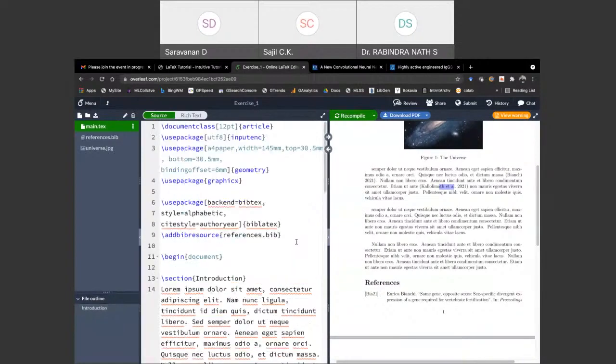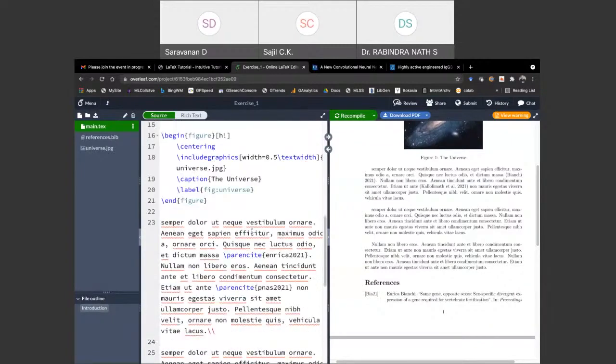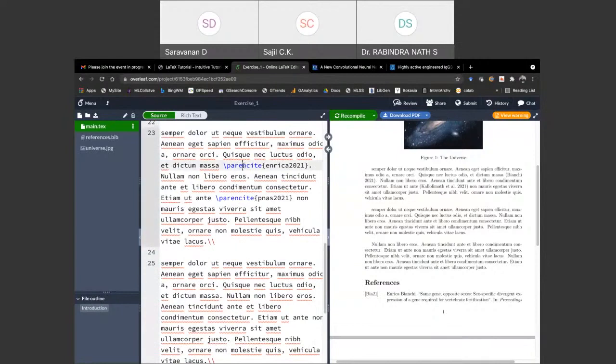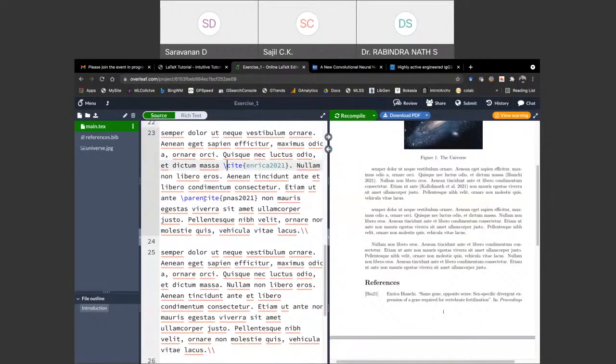If I don't want the author-year format, I can delete that and give IEEE. And I don't need parenthetical citing, I just need the normal citing. So I'm giving it like that.